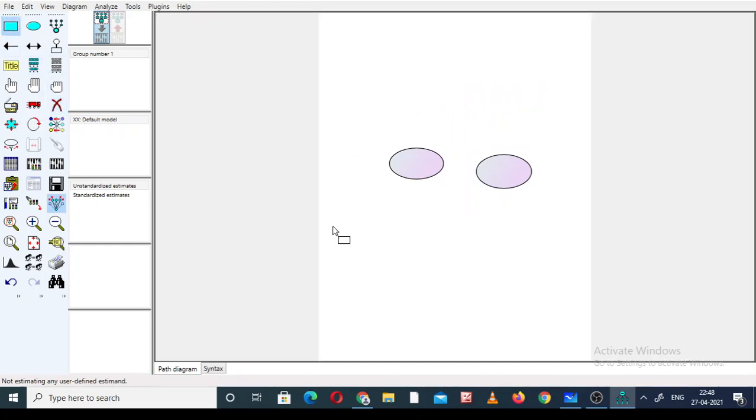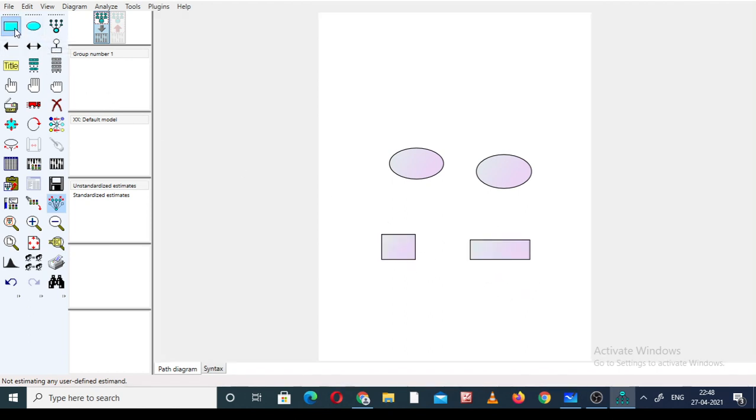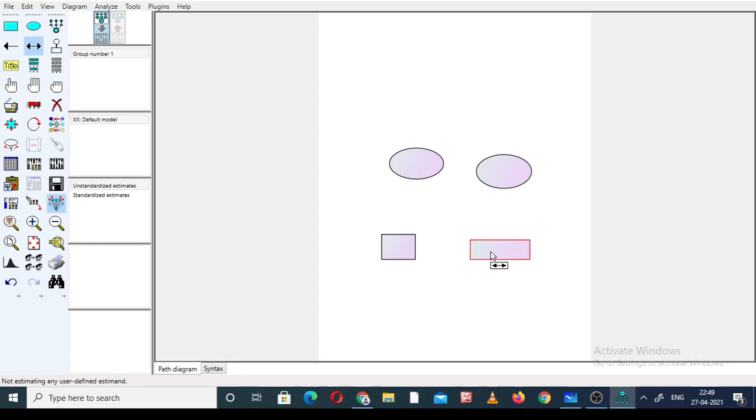Next, like this one and this one, how to use it. This is the way, and the same we can use with the one-headed arrow also. So this is all about the basics of AMOS.